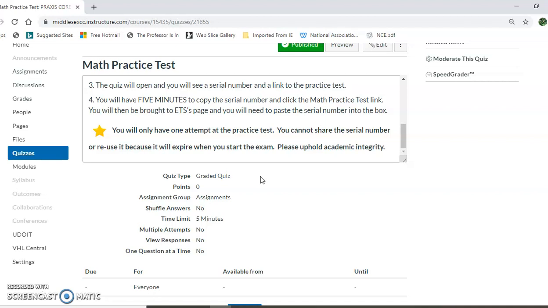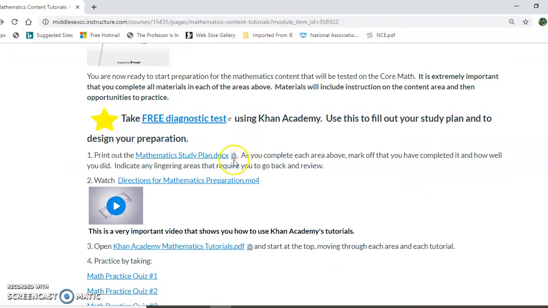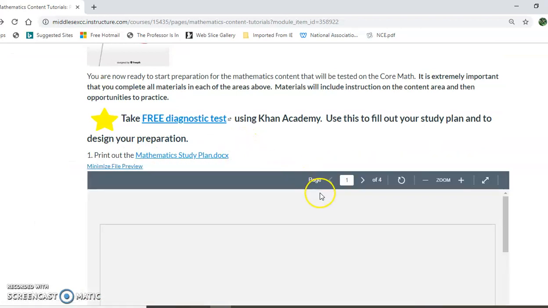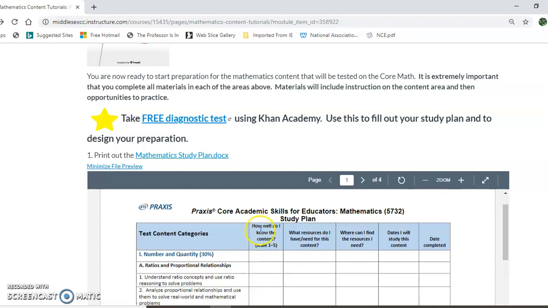You've completed your study plan. You've been self-evaluating with your study plan. So I actually want to go back to that as well. There is a part on the study plan that asks you to keep rating yourself. Where do I stand? Where should I be completed by this? So you want to constantly keep looking at this area here.